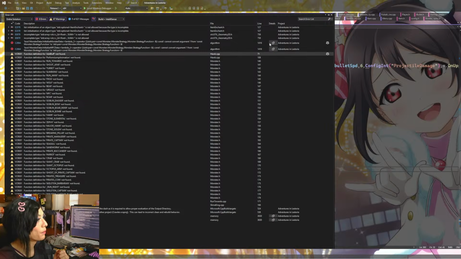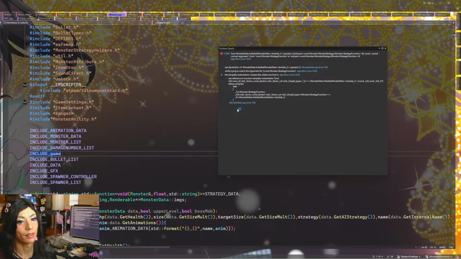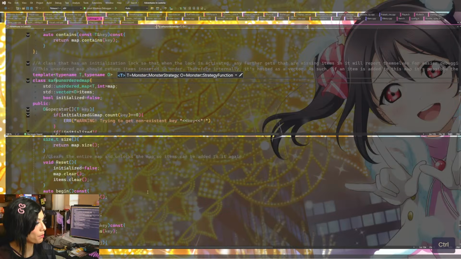Cannot convert argument 1. Okay, let's see what's going on with that. Got a template error. So it can't convert const strategy function to a standard pair, so I must have mistyped that. This is supposed to be a safe unordered map with a .begin, which I provided.